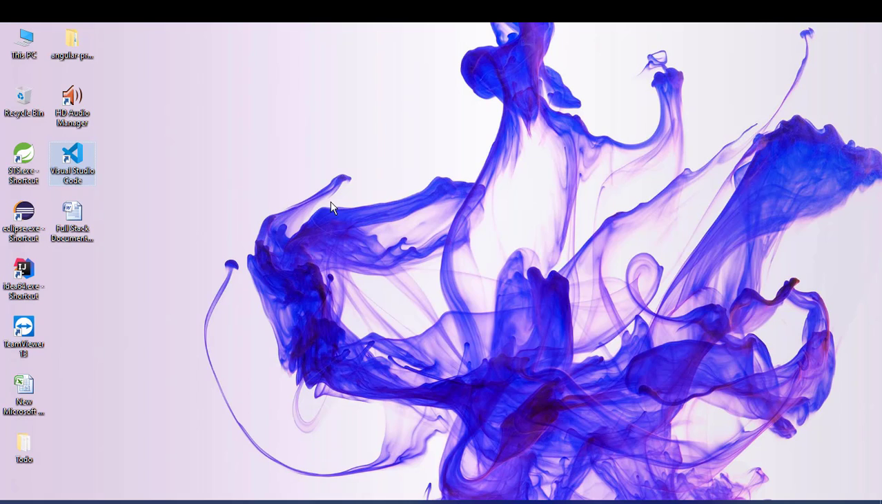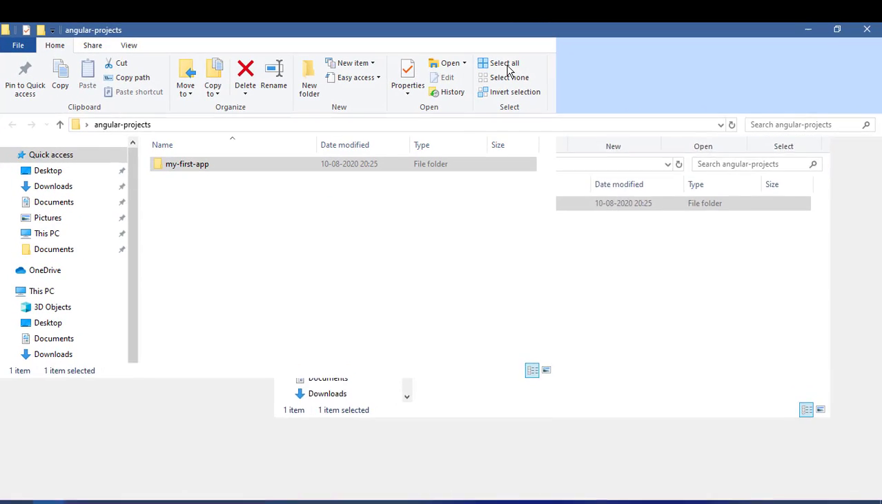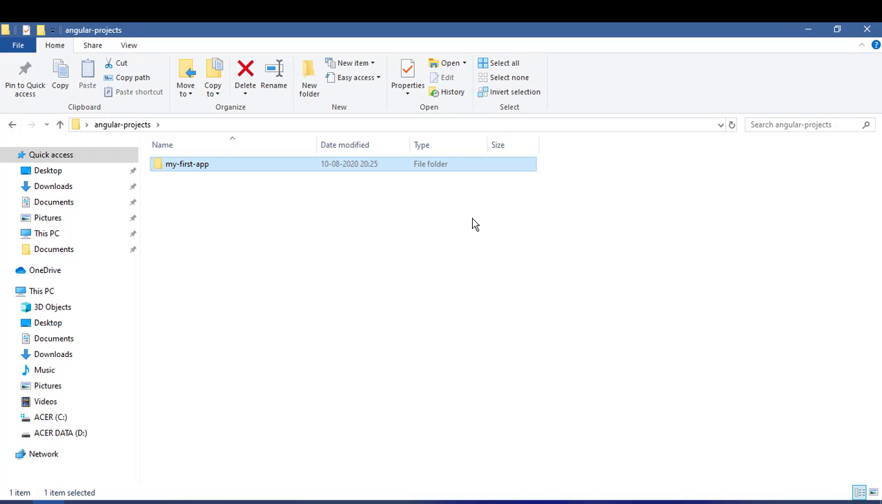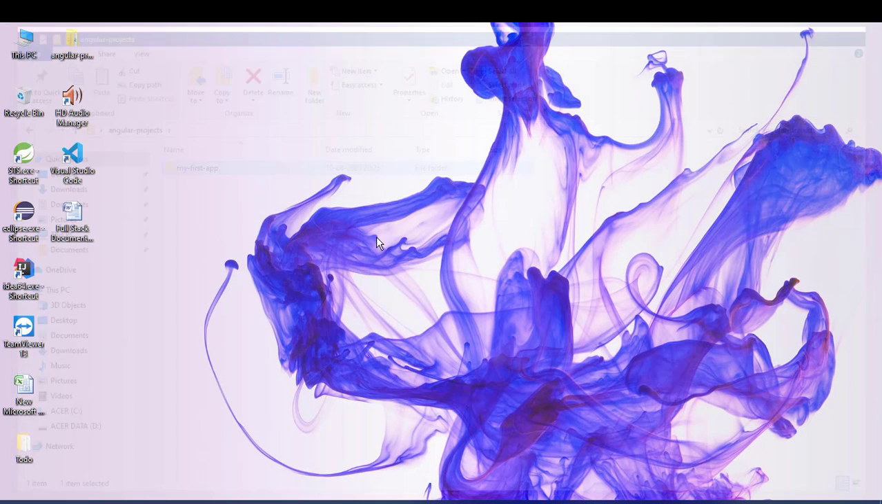So what we will do is open this Angular project folder, which has this my first app folder, which is a project, and you can see all the project related files and folders. We will open this my first app folder from our editor, Visual Studio Code,